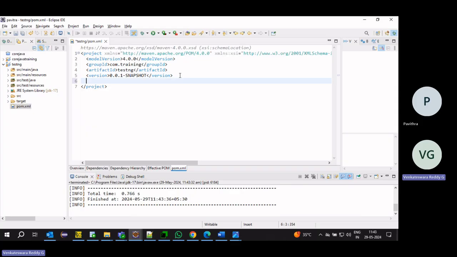in the POM file itself we can add the Java version we are using.